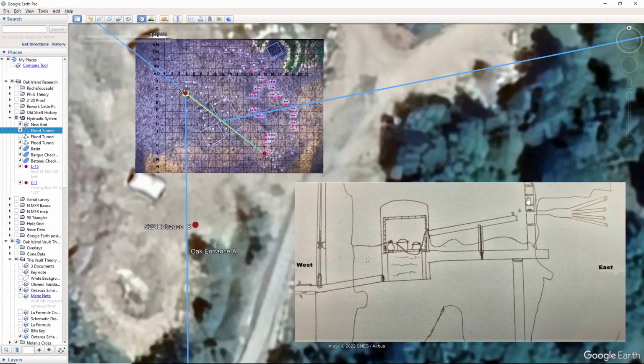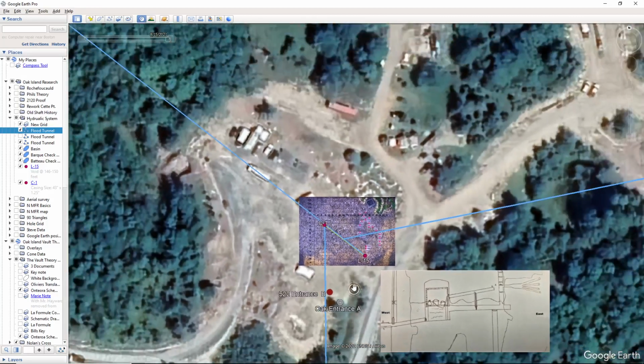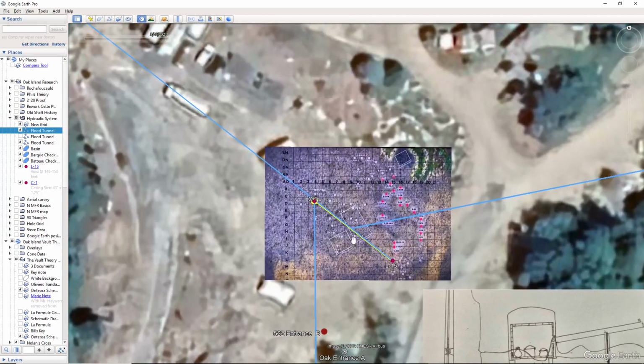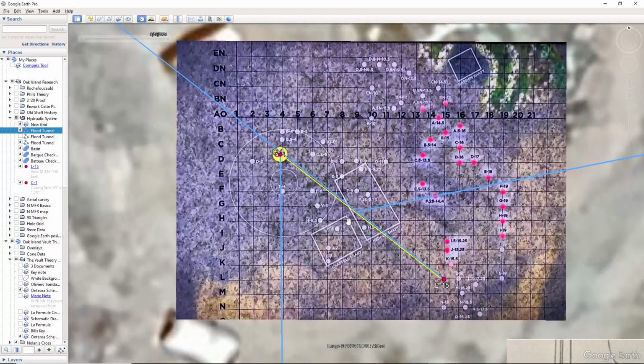In other words, going from the money pit to La Hamp, it goes right there. See, here's La Hamp, and here is basically the historical money pit would be right in this area right here. So it's very close,